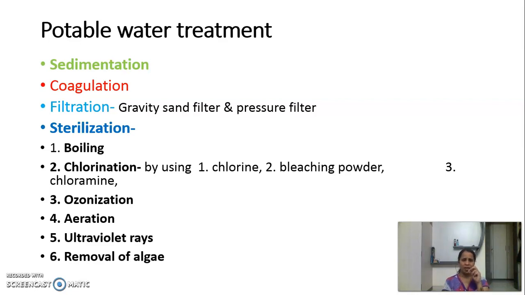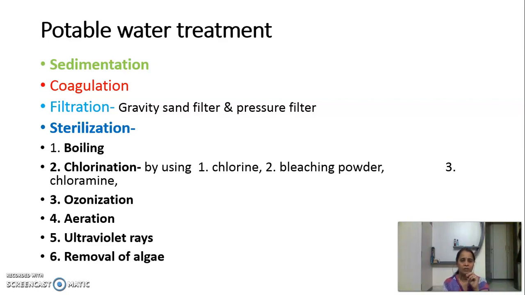Next is aeration. In case of aeration, we have to do nothing. Just by sprinkling or by keeping a fountain, water is brought in contact with more air. By means of a fountain, you will have small droplets of water, and if a small droplet of water is surrounded by air, then more oxygen will enter into the water. The entered oxygen will make water germ free, or moreover it will sterilize water.